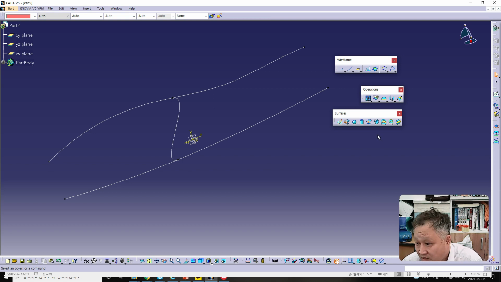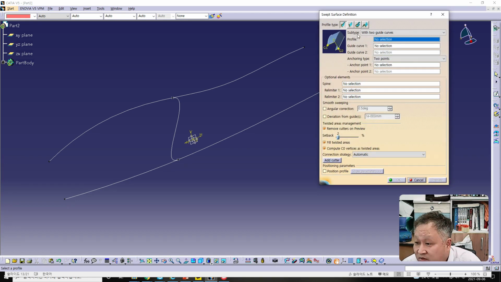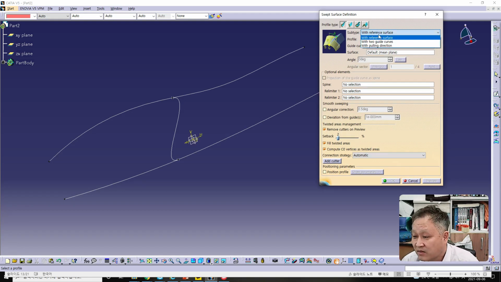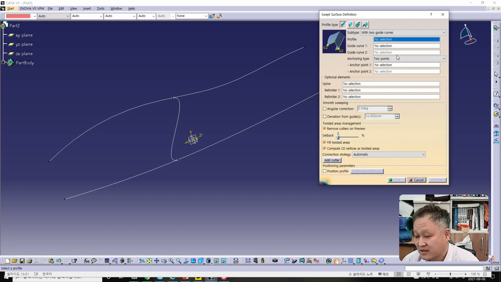I check the sweep surface like here. This is the button of sweep surface. Click, and in case of previous all the time I explained about with reference surface. However, this time I will change this subtype from with reference surface to with two guide curves like here. And firstly I'll select profile first, like